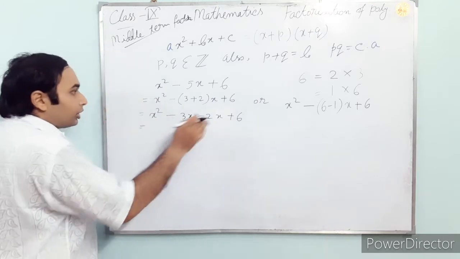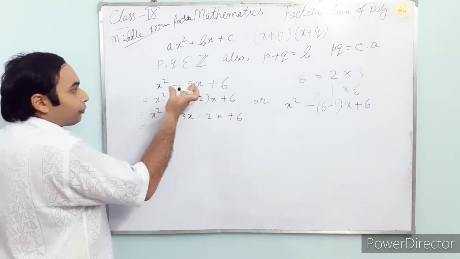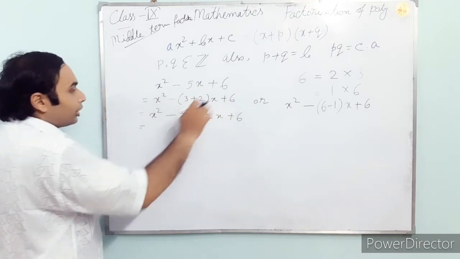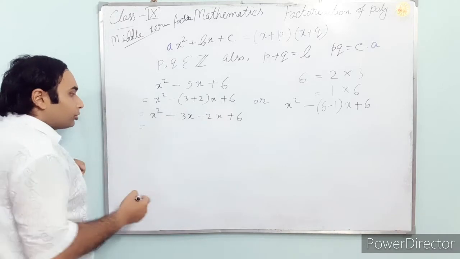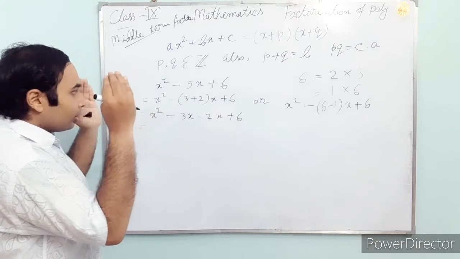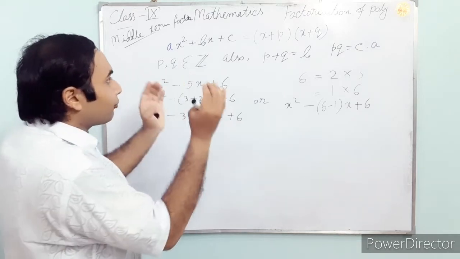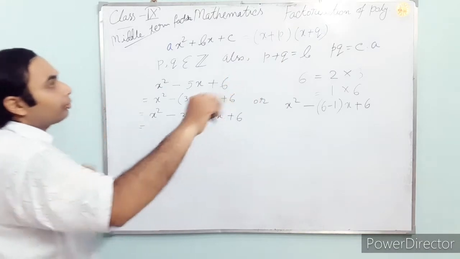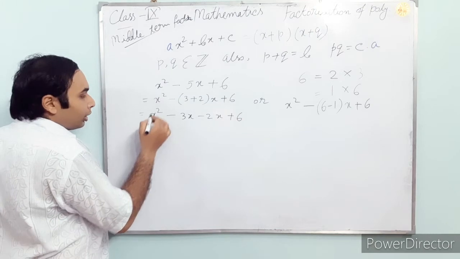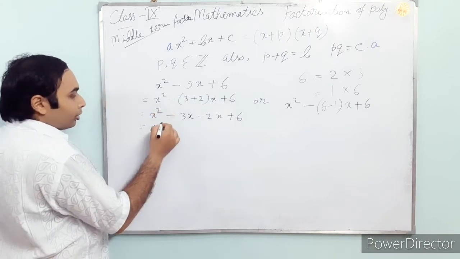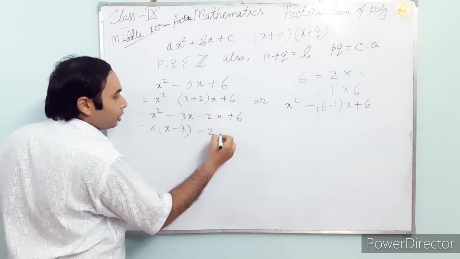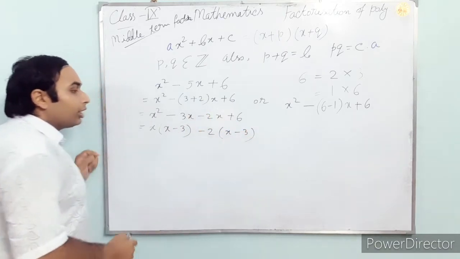Okay. After this, what we have to do? Actually, from this line, you can directly do this line. For making you understand, I am writing the middle line. Directly you have to do it actually. So here, we have to take the commons now, so that we can express this expression in the form of a product of two 1 degree polynomials. From those two, x will be common, so here x minus 3 will be there. From those two, minus 2 will be common, so x minus 3 will be there.